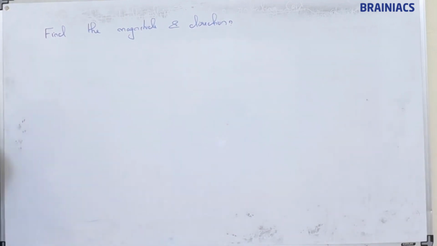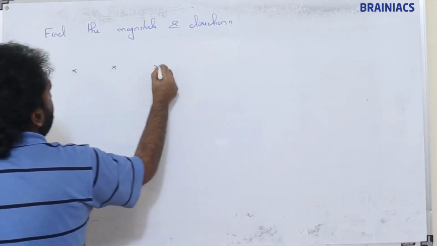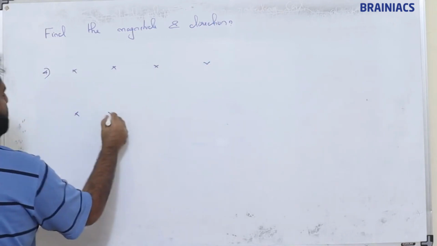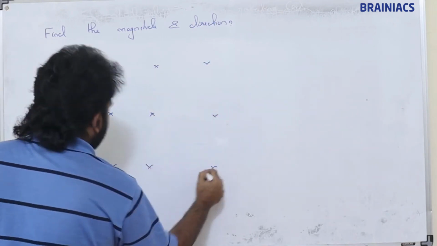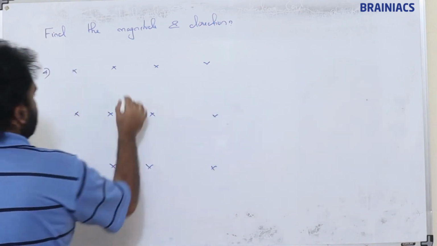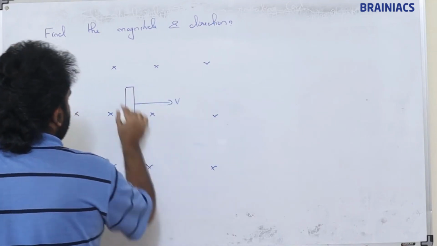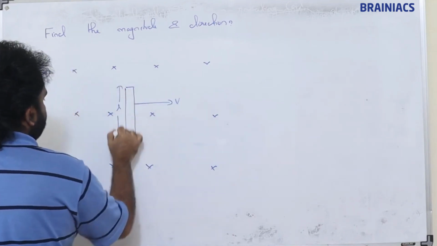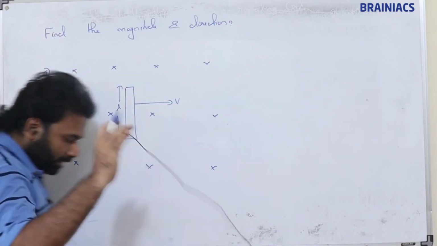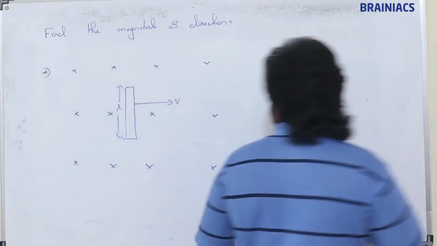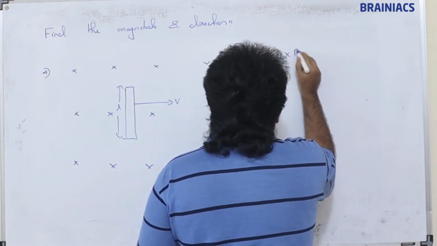Okay, so the fourth one is, this is the direction of magnetic field. Magnetic field is going inside. Clear? So now a conductor which is moving in this direction V, and this is length L. So what will be the EMF? What will be the EMF? Okay, so E is equal to V cross B